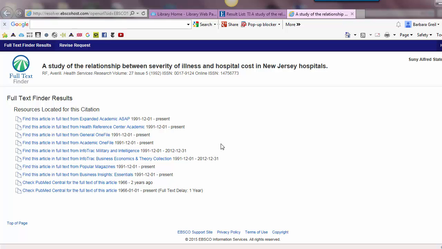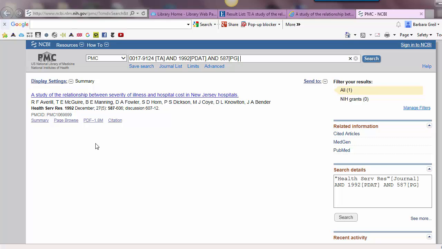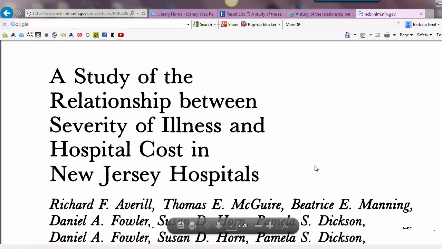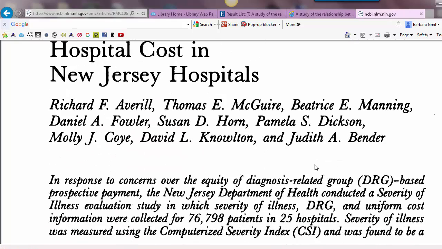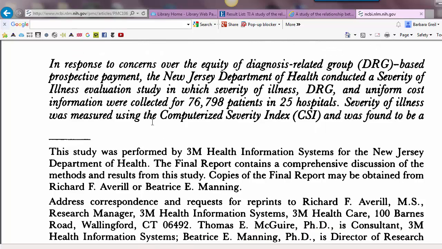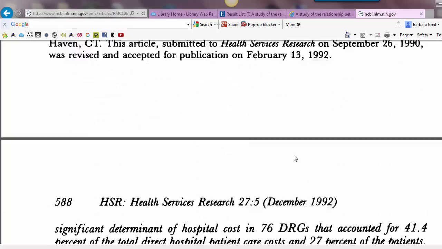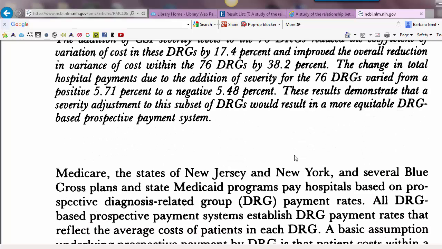And if we click on this full text finder, hopefully, it says that this article is in a couple of our other databases. So let's see if it's in PubMed. Yep, there it is. There's the PDF. All right, so there's the article that they cited in the previous one I showed you, and they are talking about the development of this computerized, they call it computerized, but I think they're referring to the same thing. All right, so take a look at following up references this way,